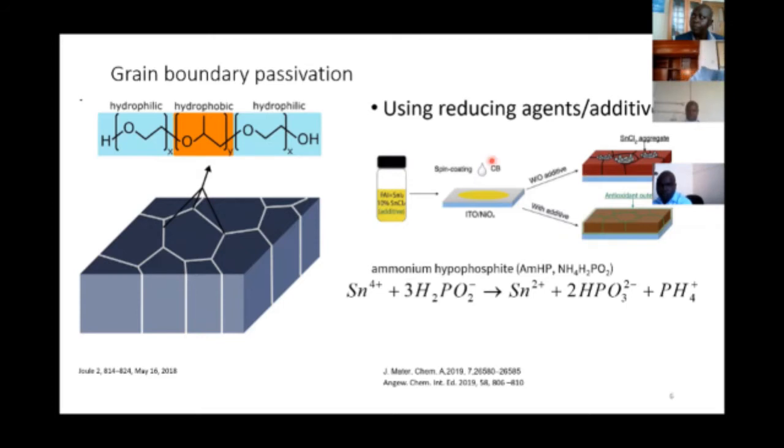Now, using reducing agents, or tin additives, the main ones are always tin chloride and tin fluoride. If we use tin fluoride, we can reduce the oxidation rate of FA or MA tin iodide, the tin perovskite. But the main challenge is that if this is used in excess, it forms some aggregates on the surface of the films. These aggregates will also reduce the performance of the cell,